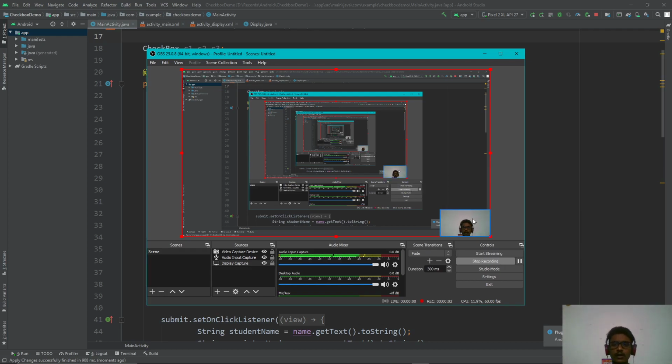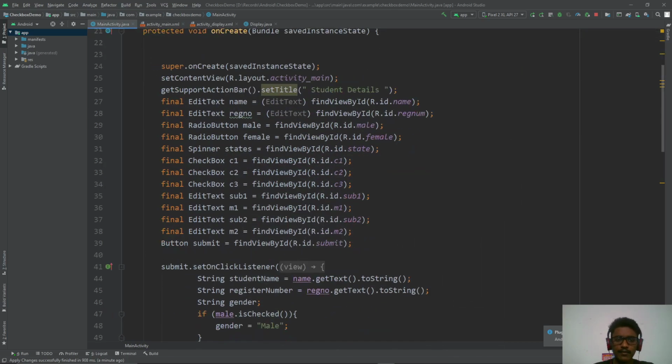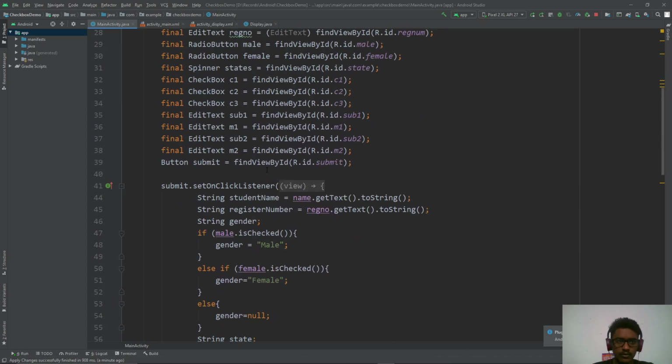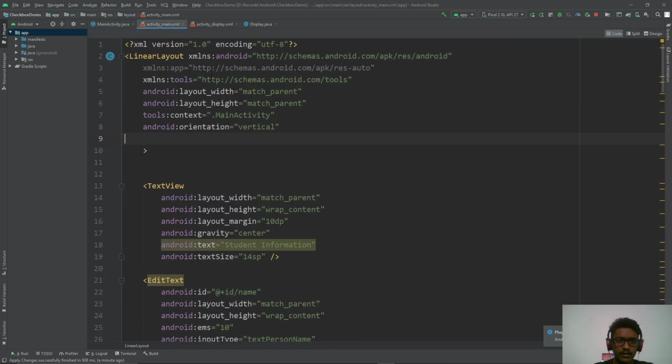My register number is URK17CS174, and this is the second experiment in the Mobile Application Development using Android Lab. Today we'll be looking at the experiment which involves intents, and we have a student details collection system as an app over here. So let's look at the main design.